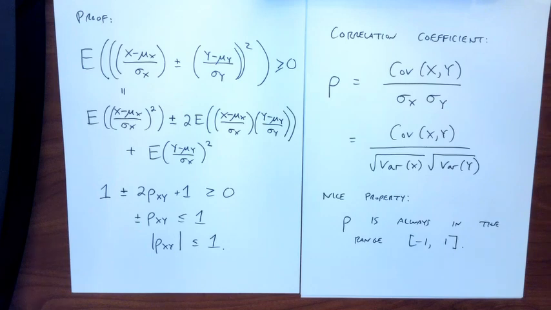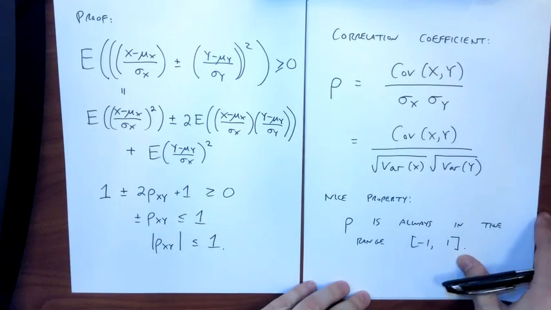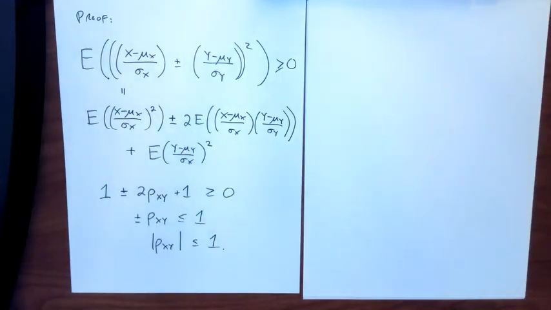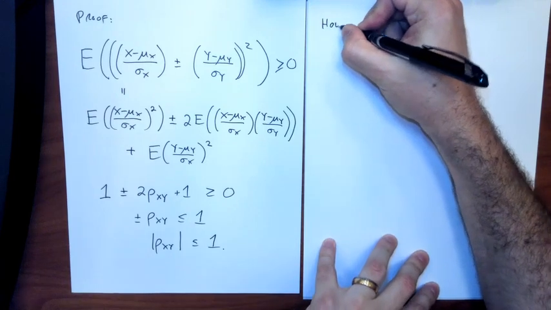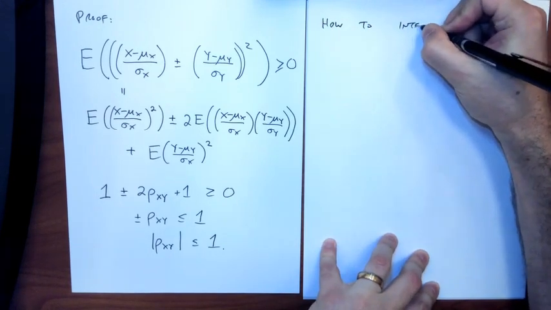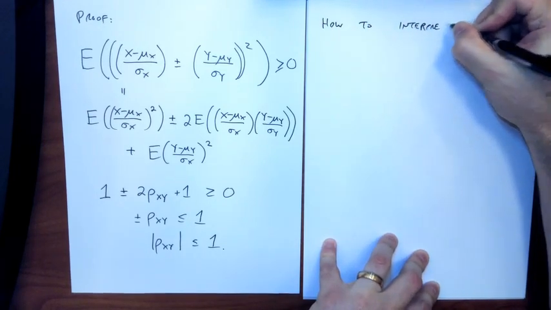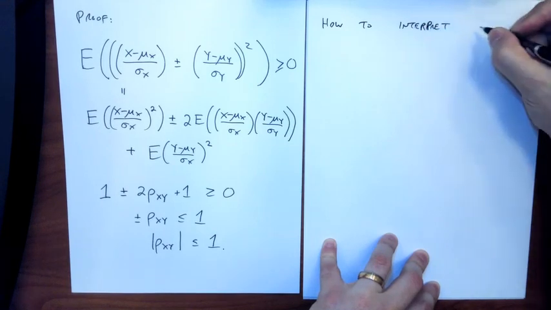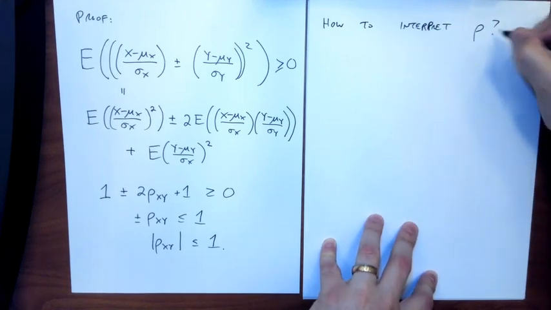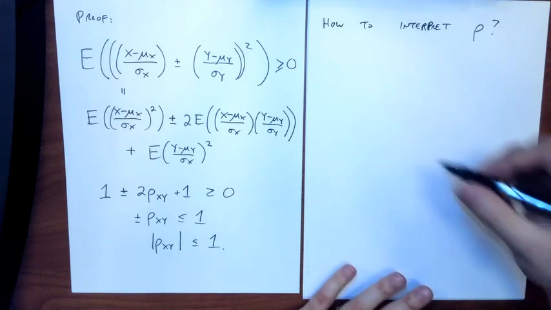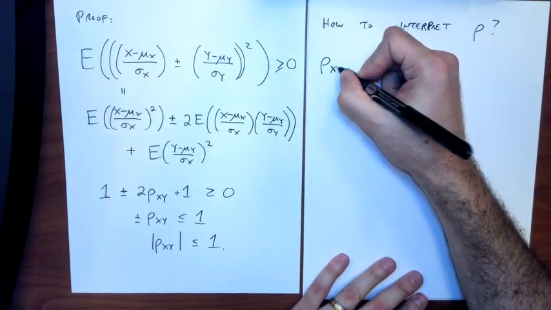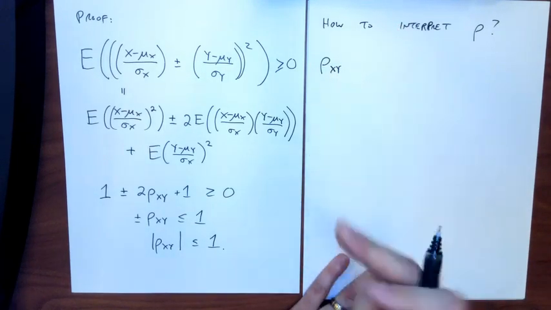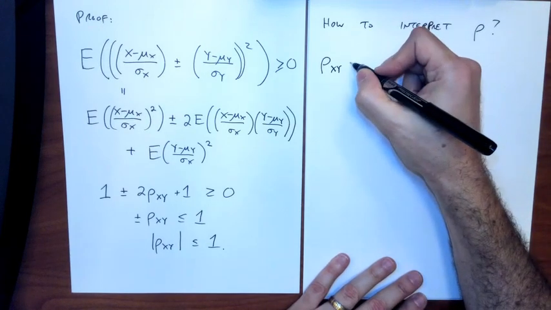Questions or comments about this? So how do I interpret this? What does this mean, right? That's the kind of interesting part, how to interpret the correlation coefficient. Interpret this rho. Well, if the correlation coefficient, and sometimes I put a little xy underneath it just to indicate what two random variables I'm talking about,